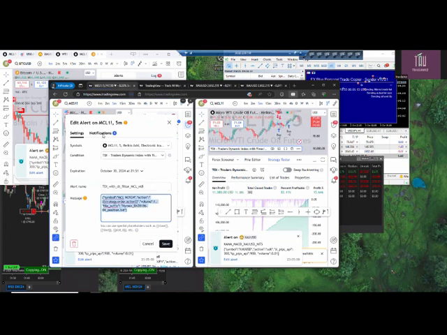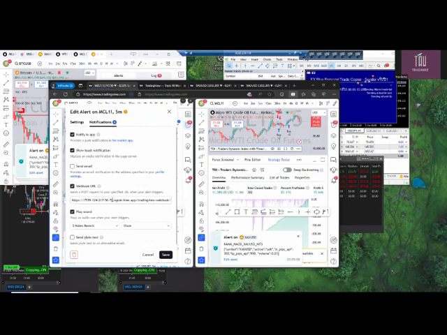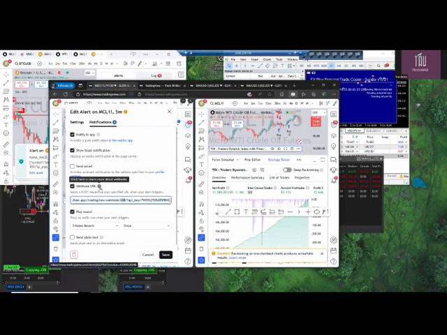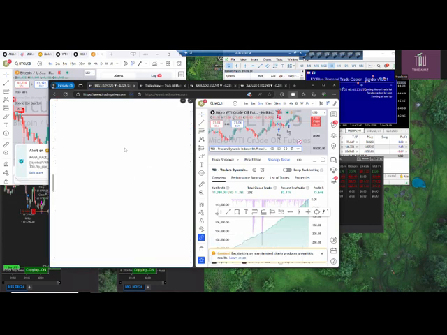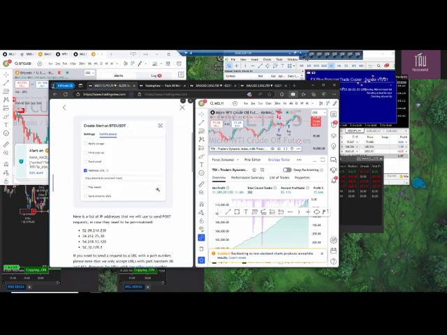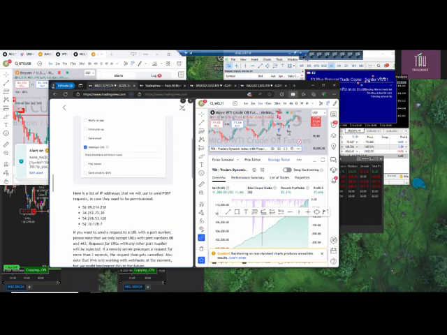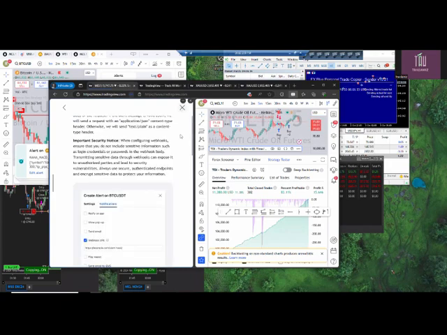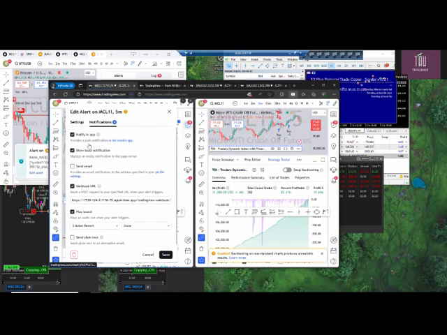And of course, you have the webhook URL set to NT8. Take note that a webhook cannot be configured if your account is not enabled for two-factor authentication. So you have to enable your TradingView with two-factor authentication.